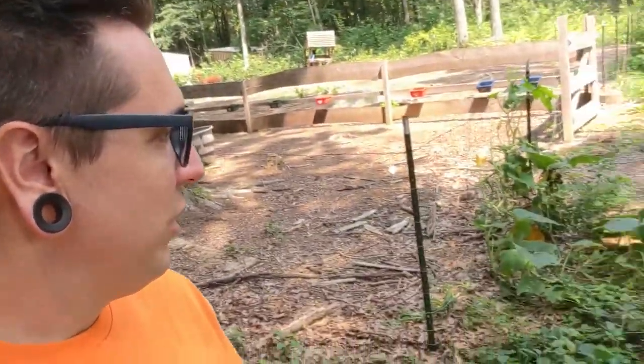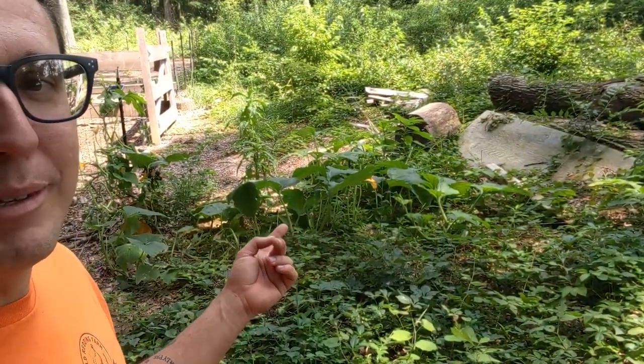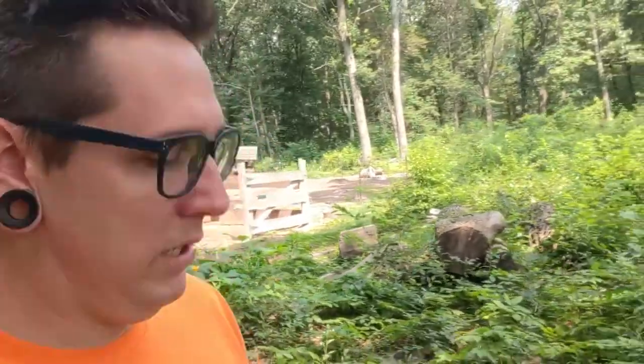But it's funny because some of the chicken manure had pumpkin seeds in it. You can see the pumpkins growing. I don't know if they're actually fertilized or not. I keep hearing weird noises. Don't like it. But anyway, you can see there's some grass growing over here,